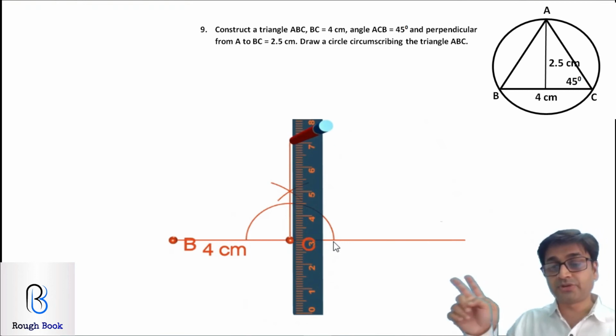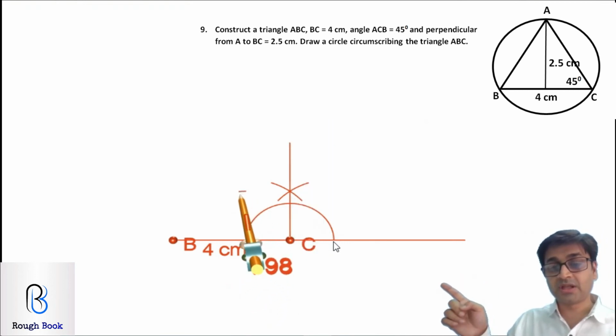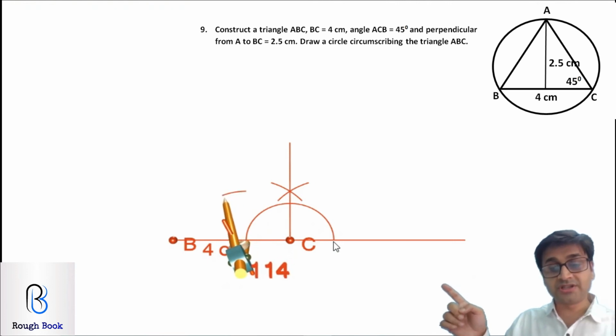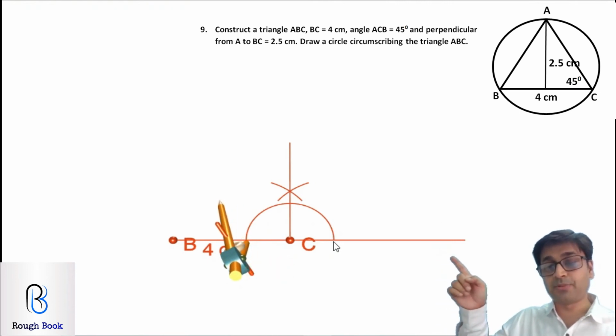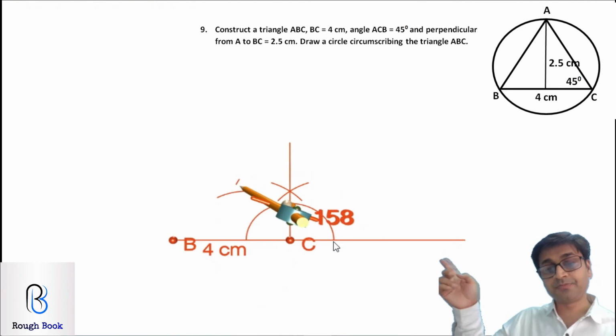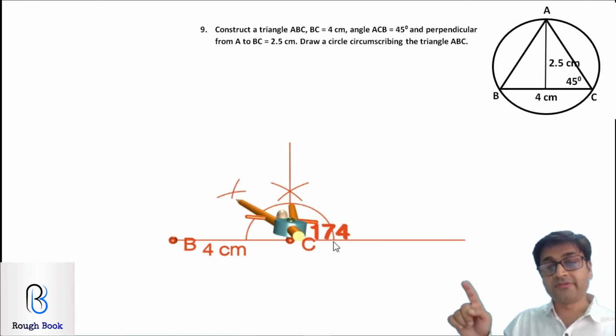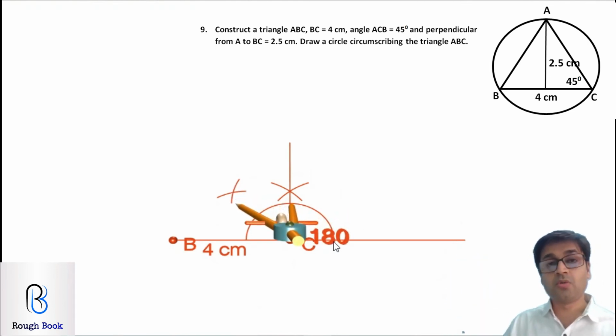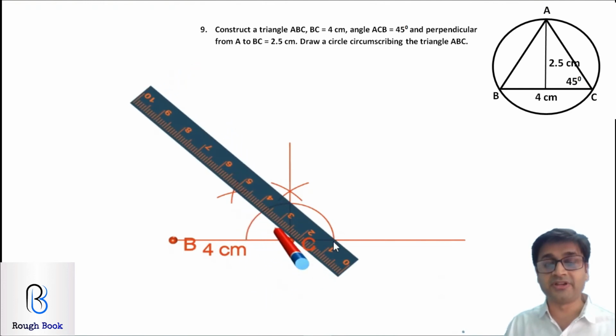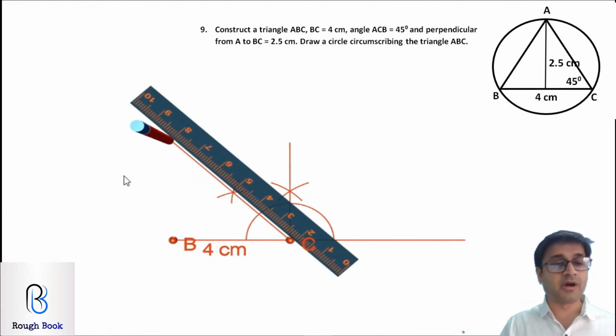Now keep your compass on 0 down over there. Cut an arc. Without changing the radius, keep your compass up over there on 90. Can you see that? And cut an arc. Point of intersection, and see, when you join, what you will get is 45 degrees. So we managed to get 45 degrees. You get here, you get your 1 mark for sure.